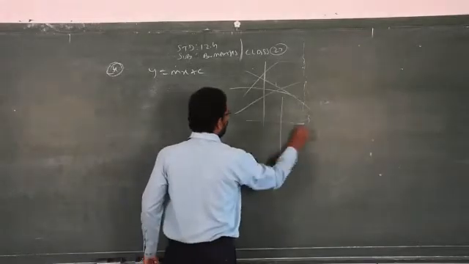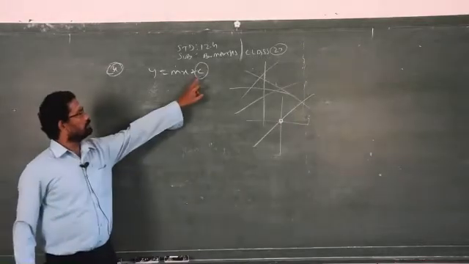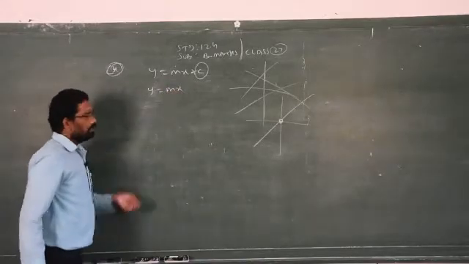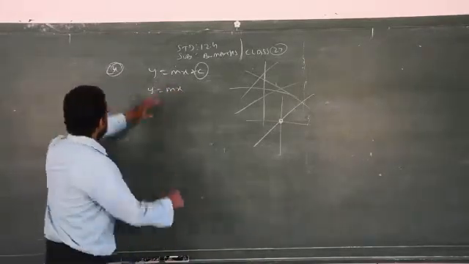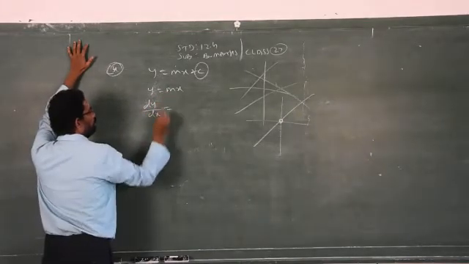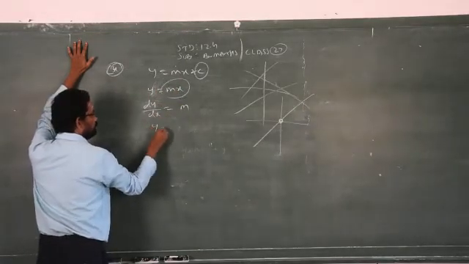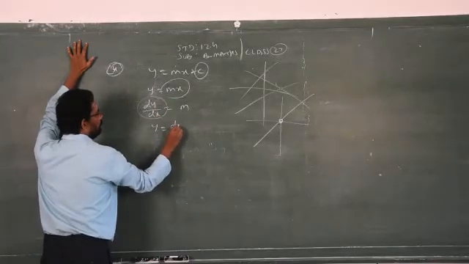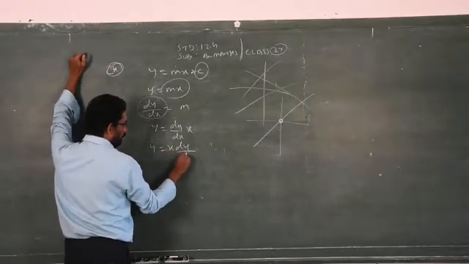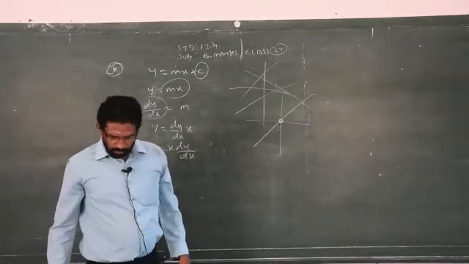When the same straight line passes through the origin, then this is called the y-intercept. This will be replaced by 0. Therefore, you will get y is equal to mx. This also is studied in the lower classes. So, just you have to differentiate because we have only one constant. So, differentiate only one time. When you differentiate, x will become 1. So, you will get the value of m. So, just you have to replace this m by dy by dx into x. That is y is equal to x into dy by dx. That's all. Over. Now question number 5.